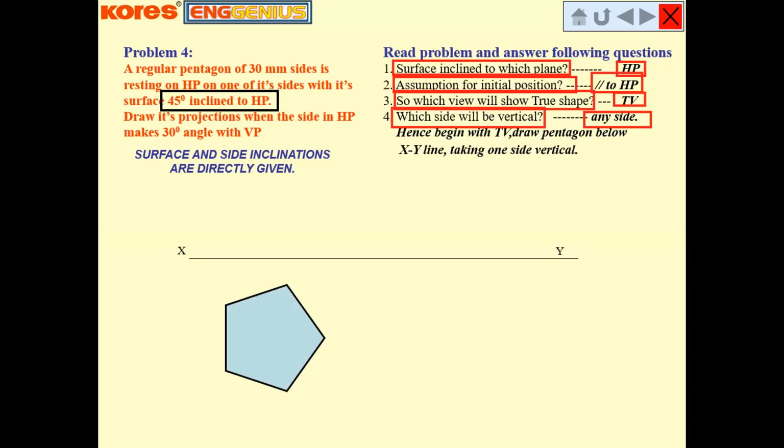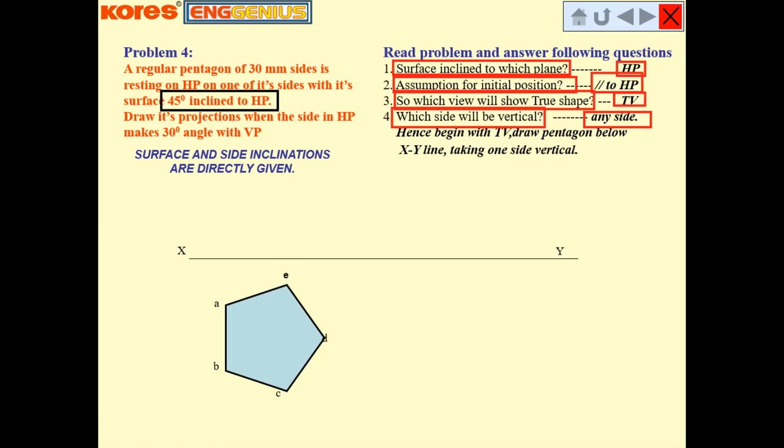Above the XY line, or on the XY line, I will draw my front view, right? So first of all, I have completed this pentagon. All of you are aware about how to draw the pentagon, right? So we will not go further into this. After drawing the pentagon, you can give the nomenclature to it, like this point is A, B, C, D, and E. So A, B, C, D, E indicates the pentagon, and I have kept this AB line as a vertical line.